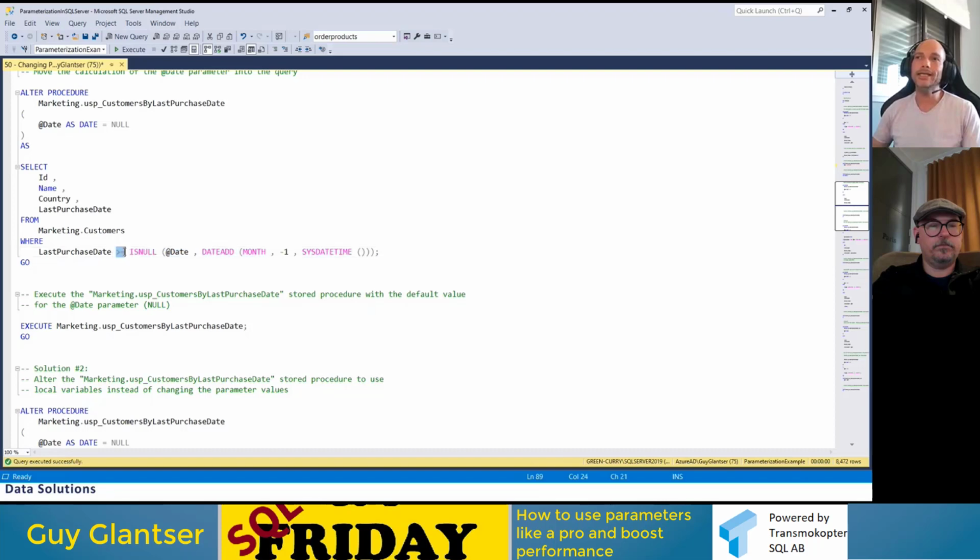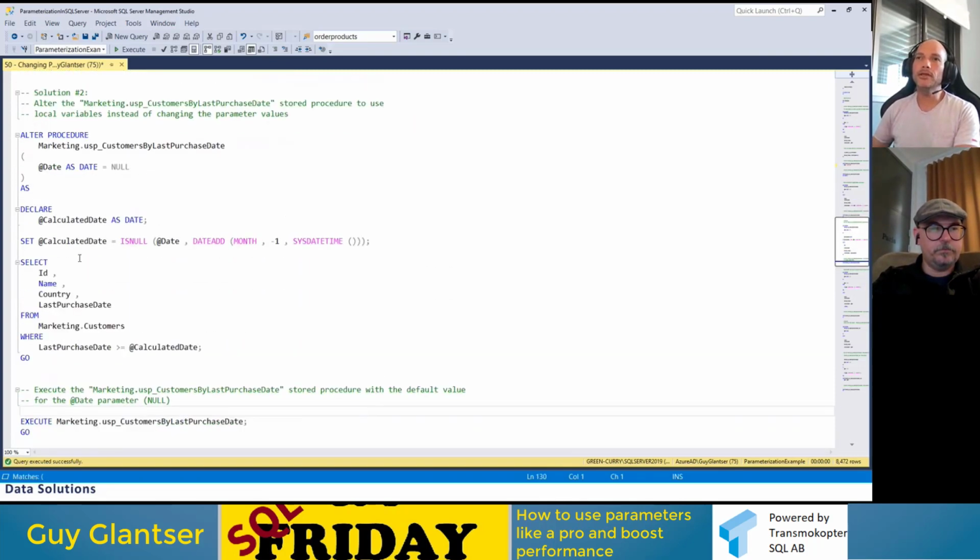In this case, when you have an inequality operator with an unknown value, SQL Server always estimates 30% of the table. It says this predicate will return 30% of the table. The table has 100,000 rows, so it says it will return 30,000 rows. And of course, there is nothing to do with the actual value. It's just a wild guess, okay? So this is not good.